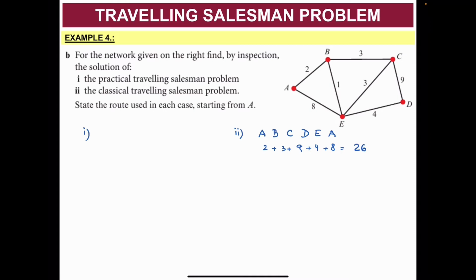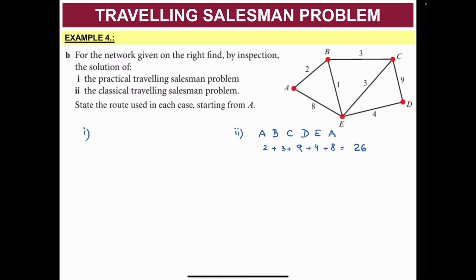If you look at the practical problem, that means you can visit the vertex more than once, but at least once you have to go there. And by doing this, you can shorten the total distance or total time that you need to travel, the total weight, okay? So in the practical problem, when you look at it, there are several options. For example,